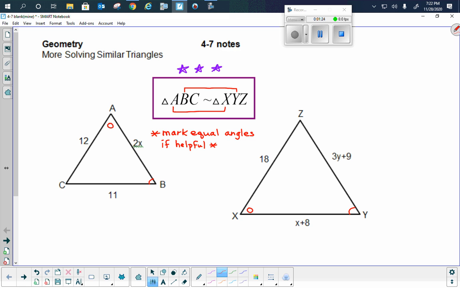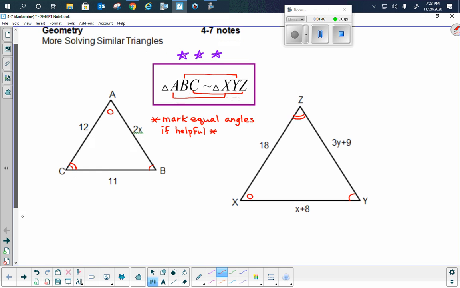And last but not least, the third one would go with the third one. Okay, so C and Z would go together. So I'll just use 2 marks for C and likewise for Z. All right, put that in the picture if that's helpful. But again, like I say, guys, that statement up there, triangle ABC is similar to XYZ, is all I'm going